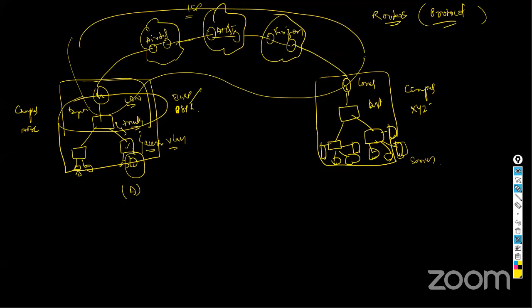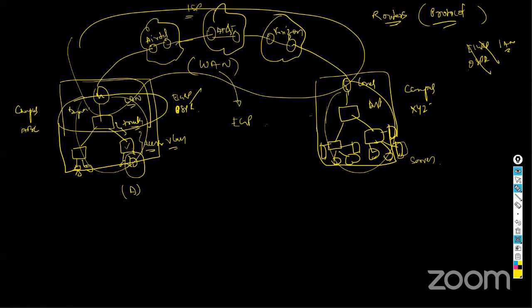Now, which protocol are we going to use? Do you think I am going to use EIGRP or OSPF? No. These are LAN protocols. LAN in the sense within the campus, the protocols EIGRP and OSPF are within these campuses. They are not meant for the WAN segment, wide area network. Okay, a wide area network is something which connects two different LANs. So for a WAN, I'm going to make use of an EGP, and we all know BGP is going to be that protocol which will be enabled.